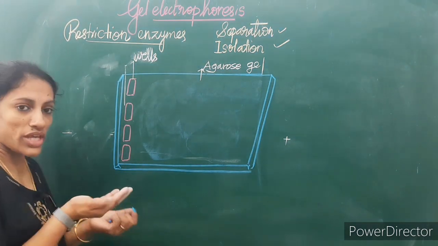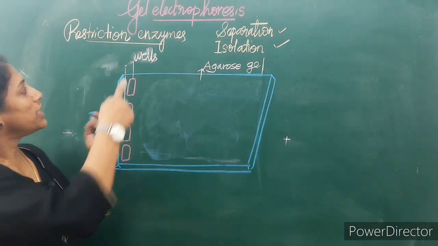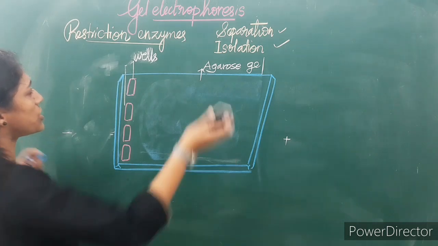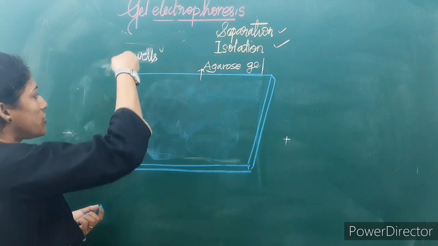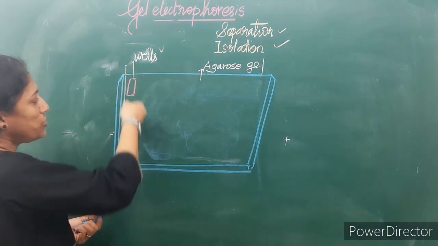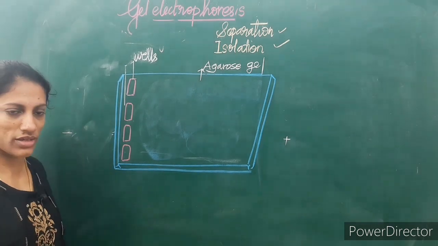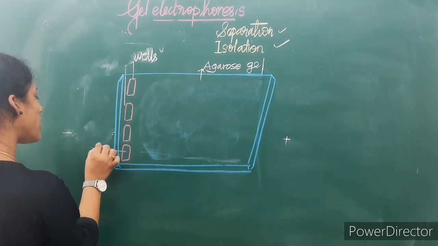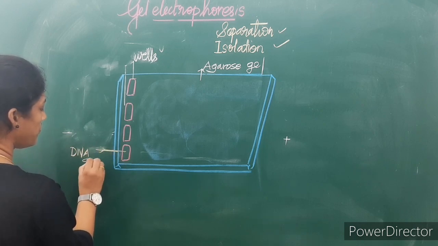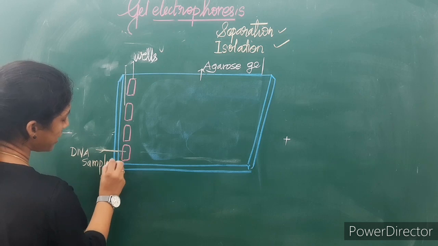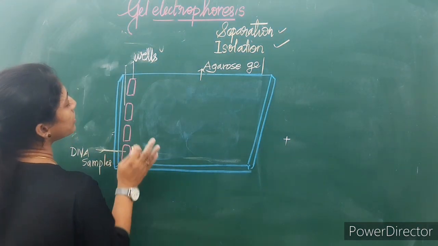We take the DNA fragments after the action of restriction enzymes and introduce them as samples into the wells. We are loading them into the wells: sample 1, 2, 3, 4. So the DNA samples we can load. Then, when power is given, under an electric field,